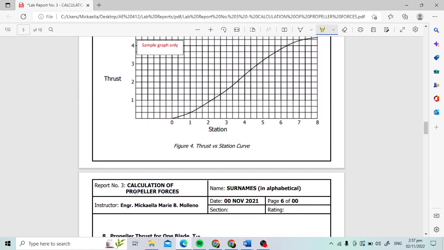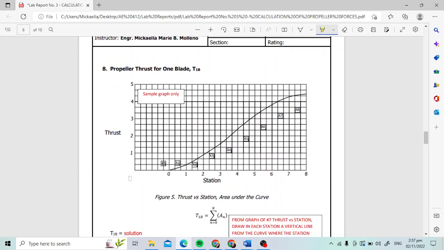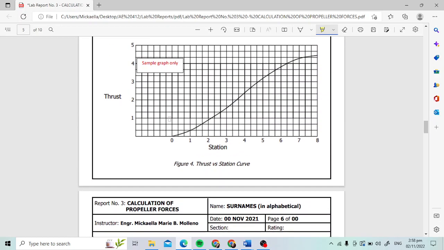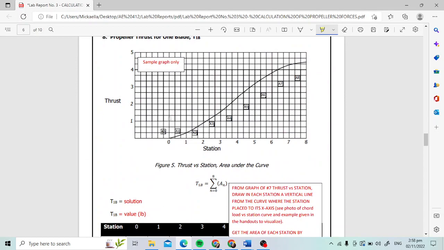So, again, same din for this one. Hindi din siya sa 0, 0 originate. Now, for the 8th part naman, propeller thrust for one blade, I would need to see, as you may see, pareho lang yung graph. But for this one,